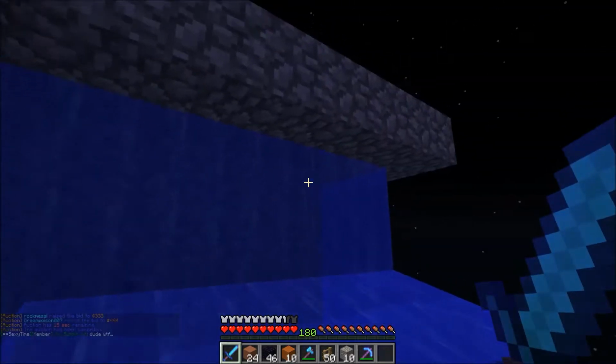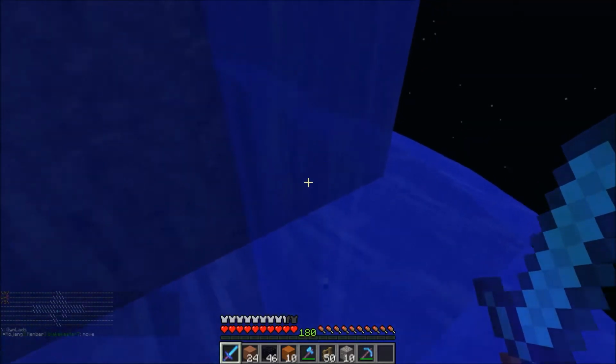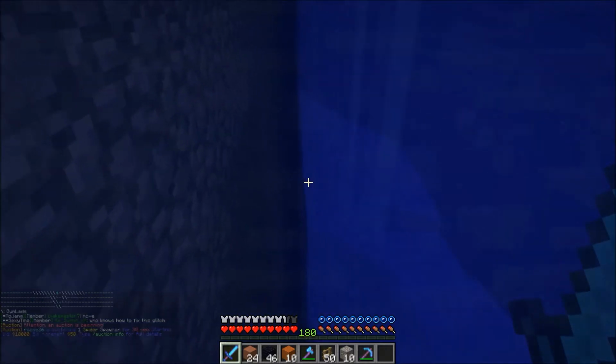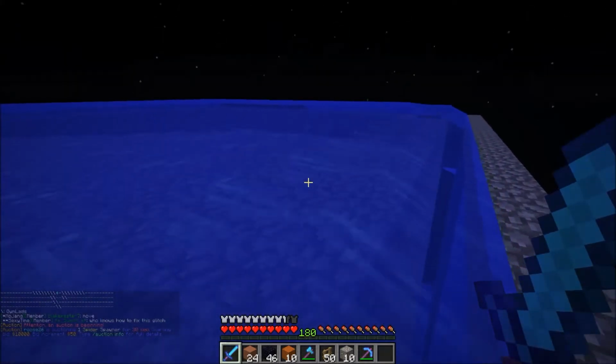Next we have the hard drive. I went with the Western Digital Caviar Blue, 1 terabyte, 3.5 inch, 7,200 RPM. I am sorry about that. 64 megabytes of cache and SATA 6 gigabit per second, so it is slightly faster. This is going to run you about